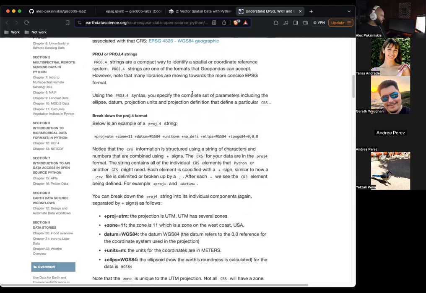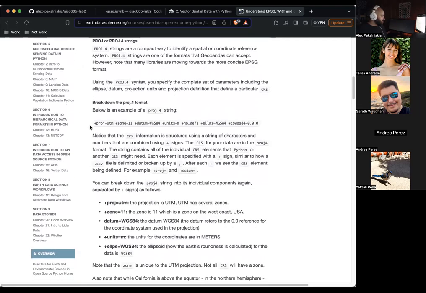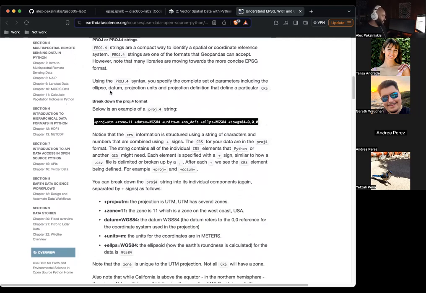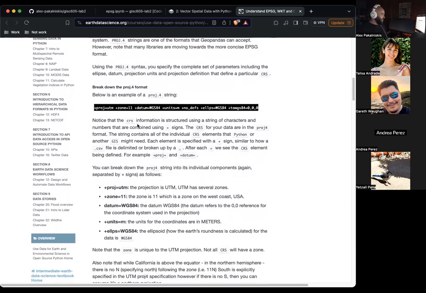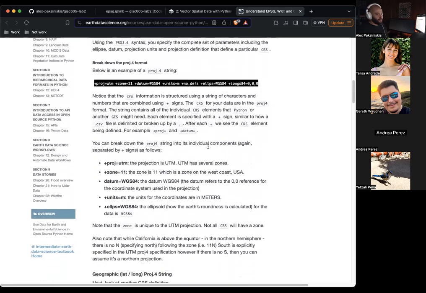So you can see how certain proj formats are a little verbose. Proj4 string, that's a lot. Whereas in EPSG, you could just specify a 4 or 5 digit code number and say all that same information. And so that's one of the reasons why proj4 is not in vogue as much anymore.